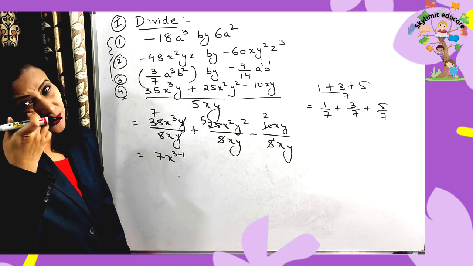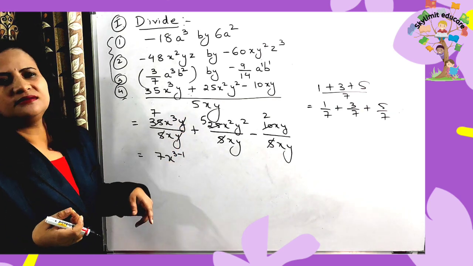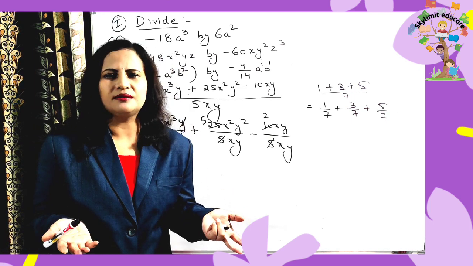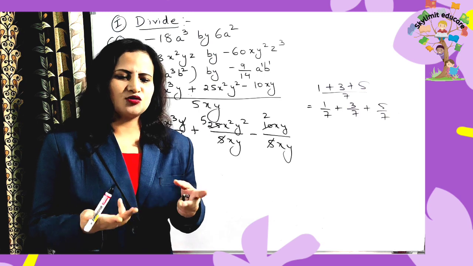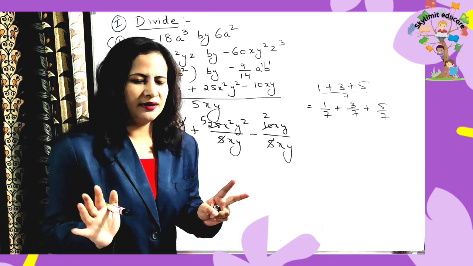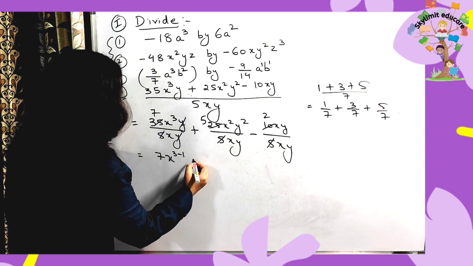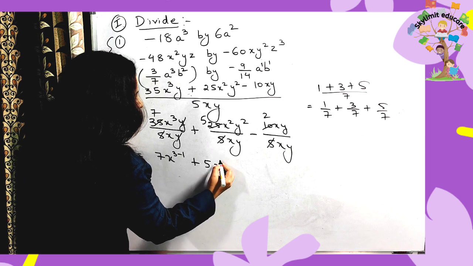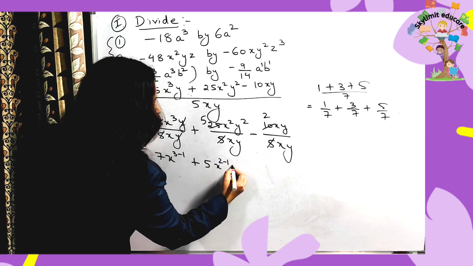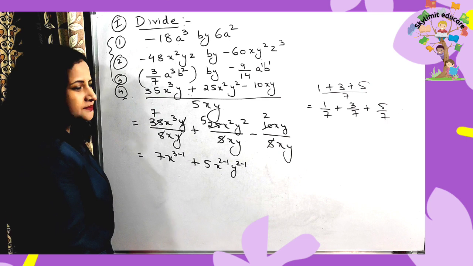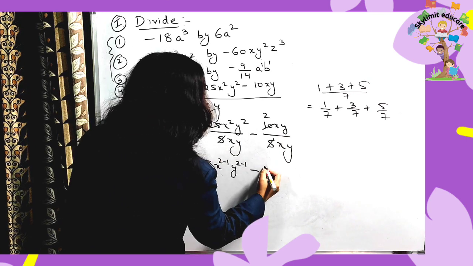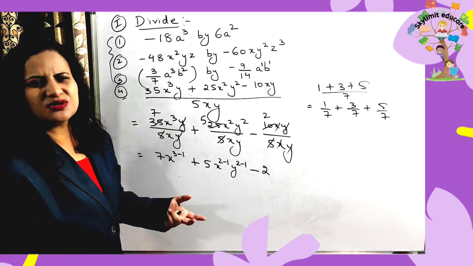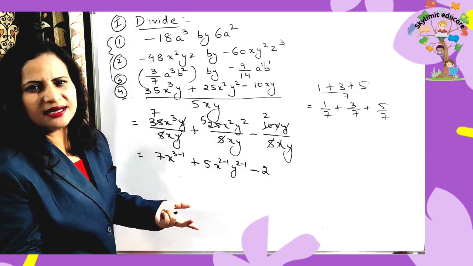No powers. They can cancel out directly because y to the power of 1 minus 1 will be 0. Y to the power of 0 is what? 1 only, no? You have learned exponents. Any variable raised to the power of 0 is equal to how much? 1. So y directly you can cancel. Now plus 5 is the answer for this. Now you can see x square, so x to the power of 2 minus 1, y to the power of 2 minus 1. Right? Now minus 2 is there. Xy cancels out directly because 1 minus 1 is 0, no need, right? So single xy is there, you can directly cancel it.